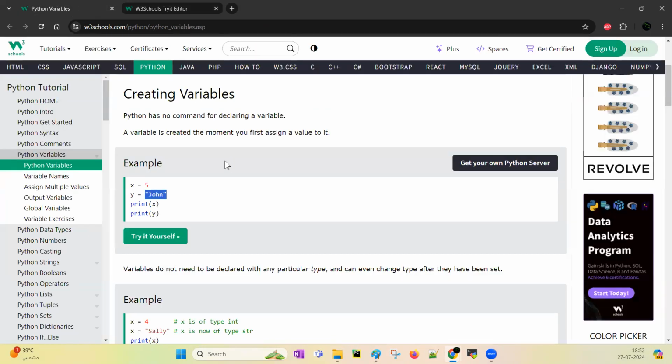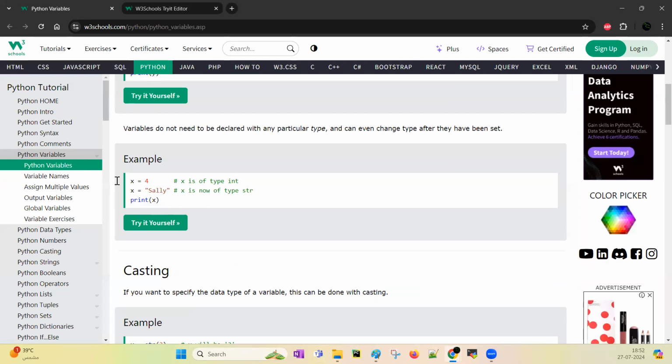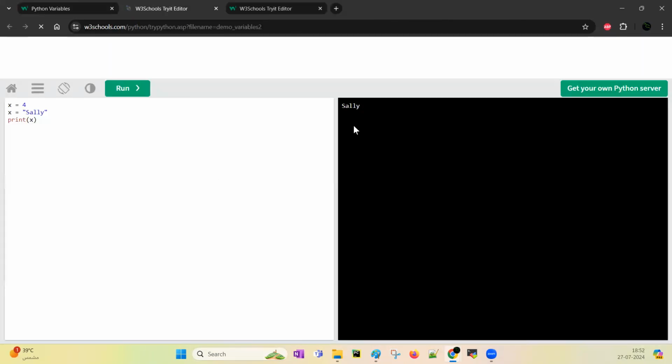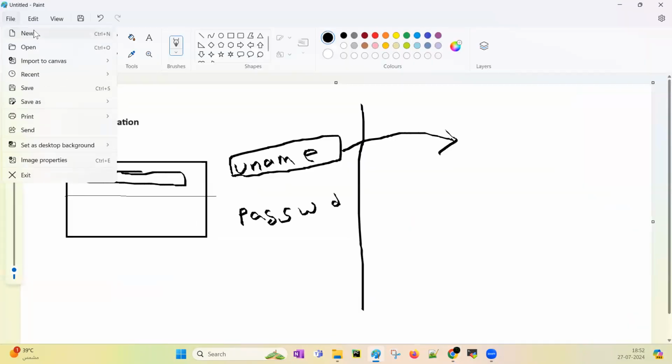So these are the variables, and you can go down, and here we have given x is equal to 4 and x is equal to Sally. So what is the answer we are going to get, my friend? We are going to get Sally. So why? Because